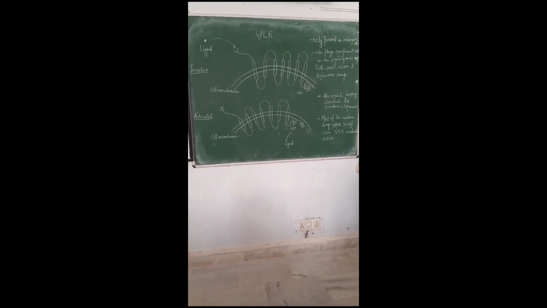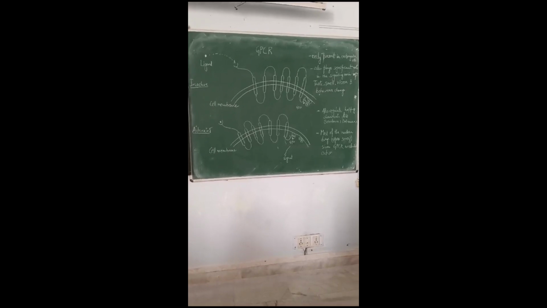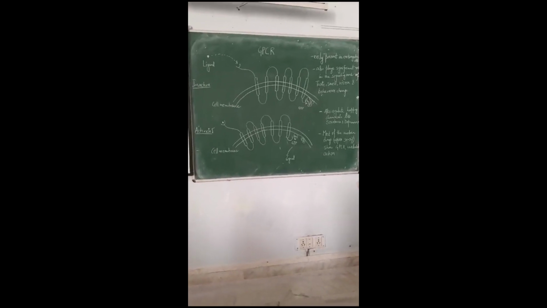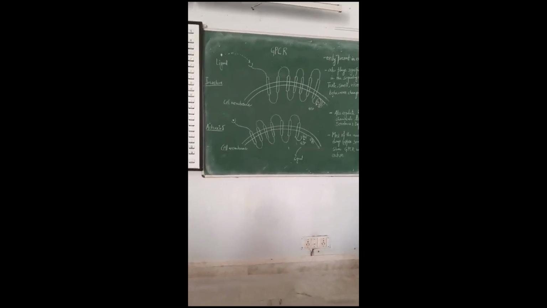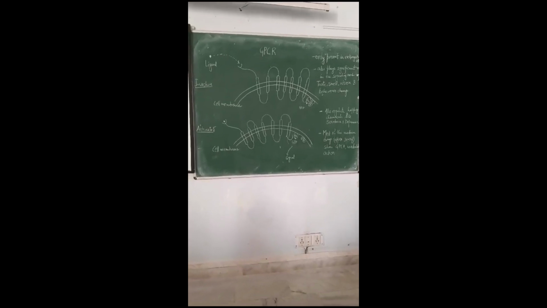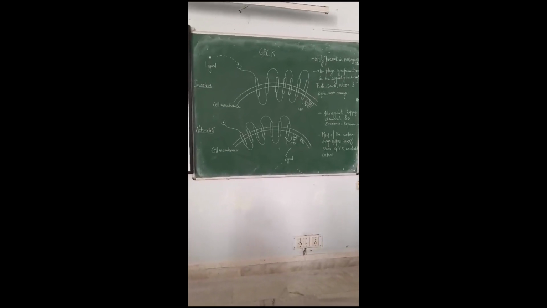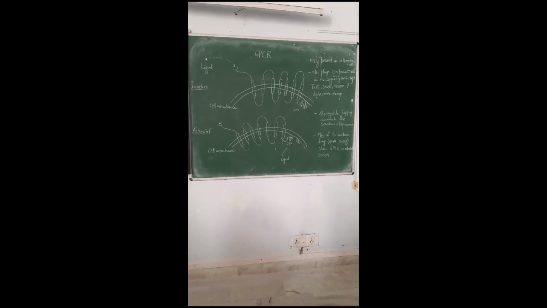Now, the second pathway, IP3 pathway. The activated G protein further activates phospholipase C. This phospholipase C converts PIP2 to IP3 and DAG. Further, IP3 binds to calcium ions which are present in ER, that is our endoplasmic reticulum. That leads to rapid increase of calcium ions in cytosol, and further it leads to many changes in the cell.